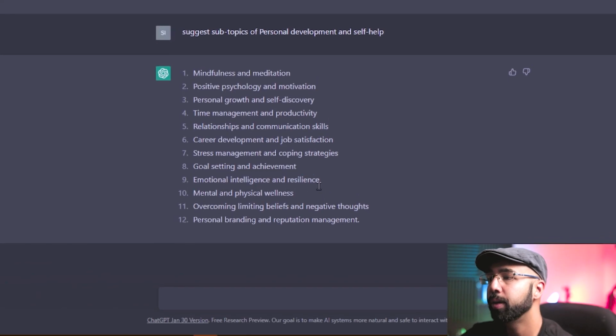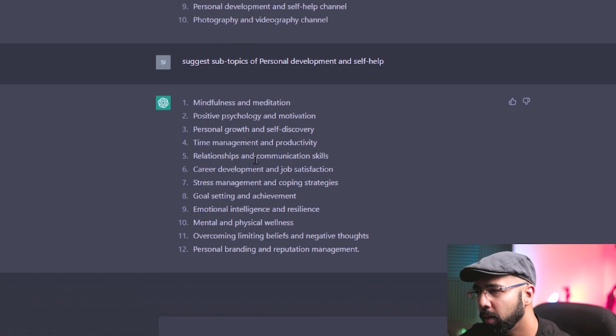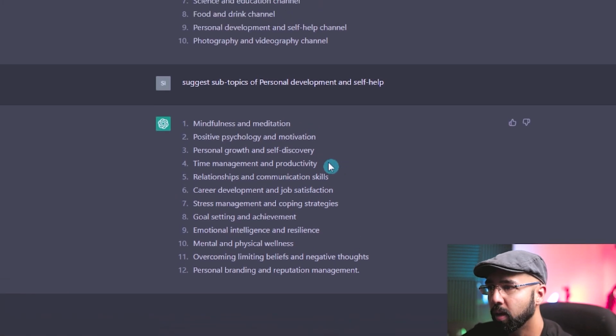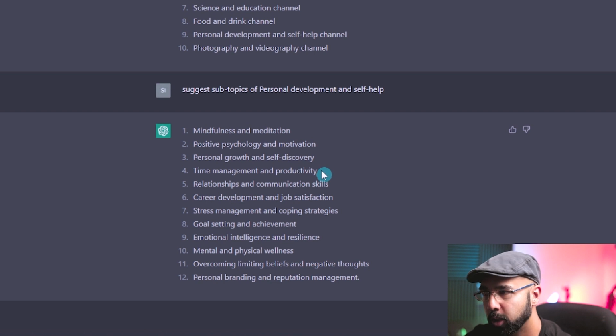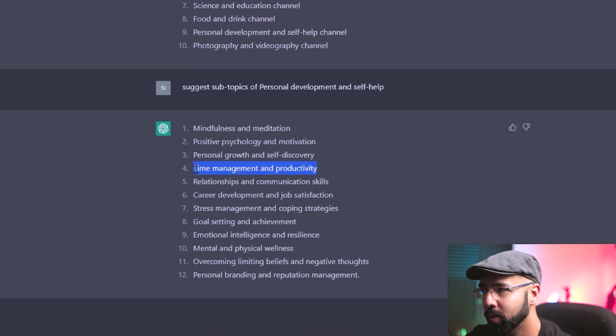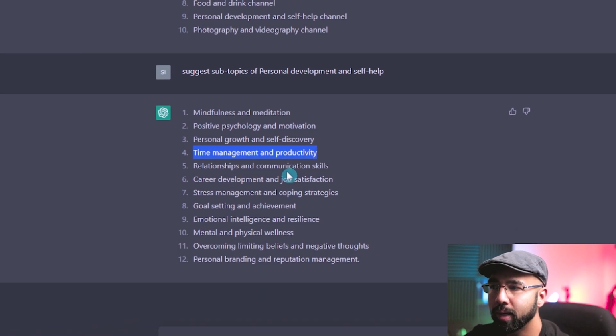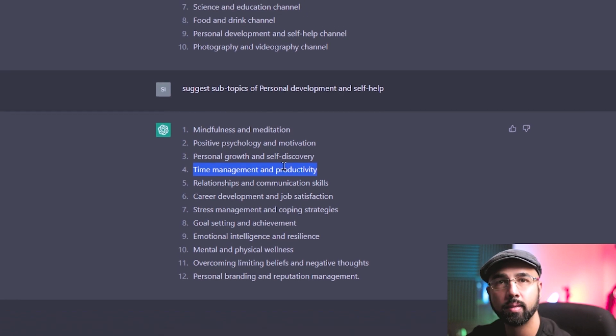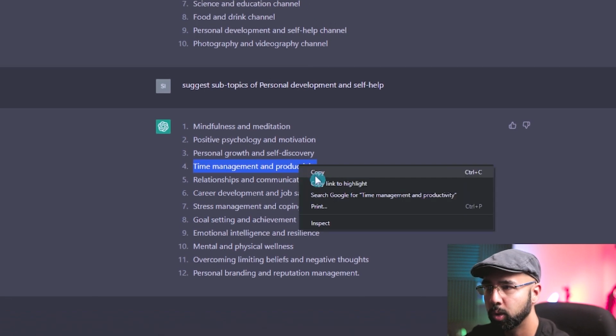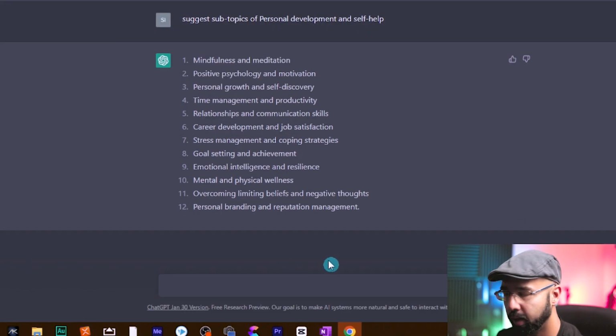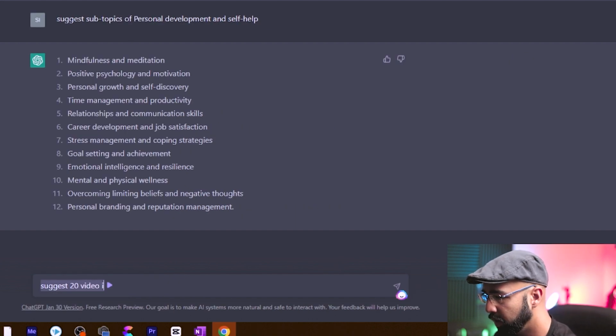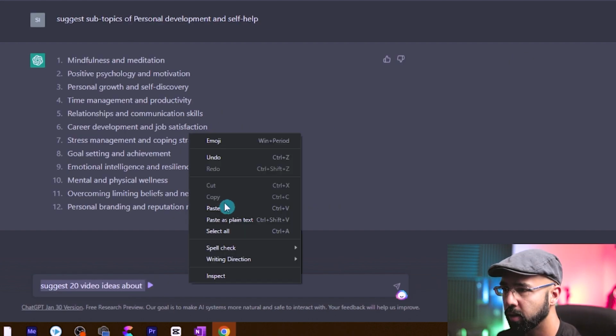These are all very useful, but just to pick one that I'm interested in doing, I mean, there are several here, but if I had to just pick one of them, I would say time management and productivity. So what we want to do next is get a list of video ideas out of this subtopic. So I'll just copy this again and say something like, suggest 20 video ideas about,